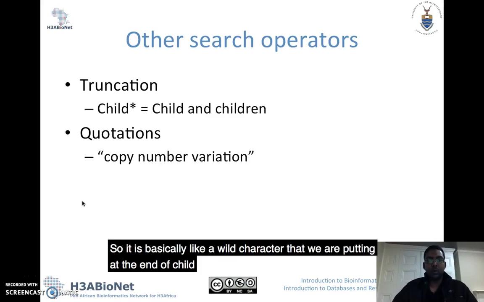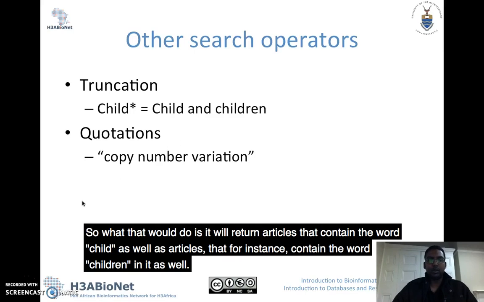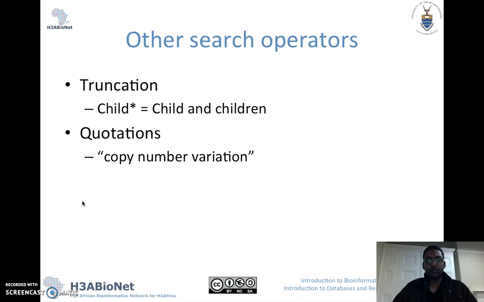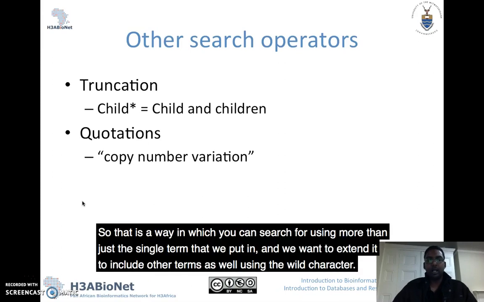So it's basically like a wildcard character that we're putting at the end of child. So what that would do is it will return articles that contain the word child, as well as articles that, for instance, contain the word children in it as well. Okay, so that is a way in which you can extend a single term that we put in to include other terms as well